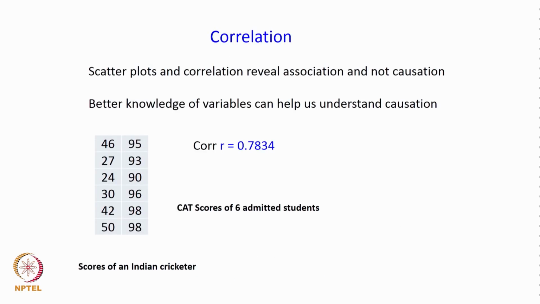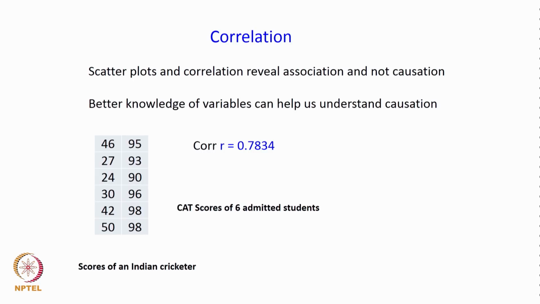Now, we also have to understand one thing, through which we look at another set of data. Now, let us show two sets of data. Let us assume that these are CAT exam scores of 6 students, and let us say these are data which correspond to scores made by a cricketer in 6 innings. So, we could treat one of them as an x variable and the other as a y variable, and then if we only apply the math and try to find the correlation, we get R equal